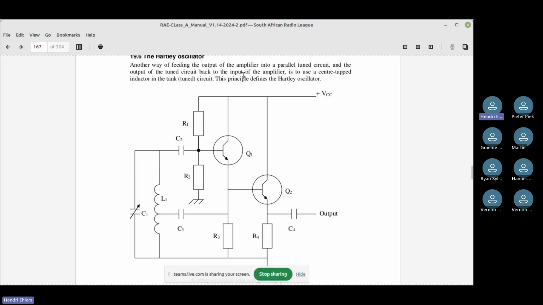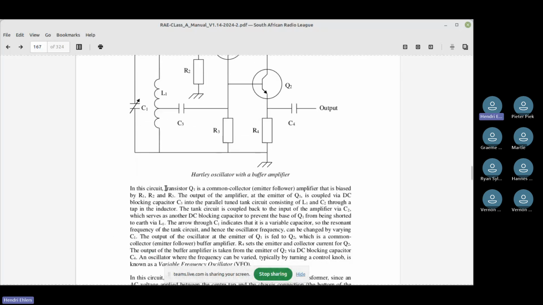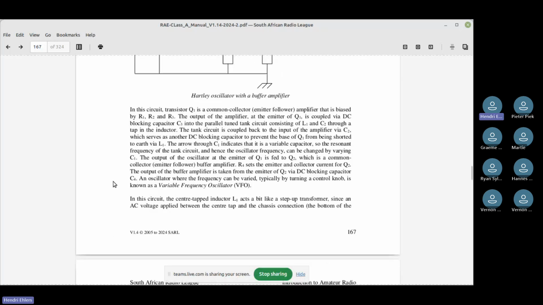They feed it back into the tuned input of the amplifier. This principle is defined as the Hartley oscillator. So the fact that it feeds back is how you would identify this circuit.